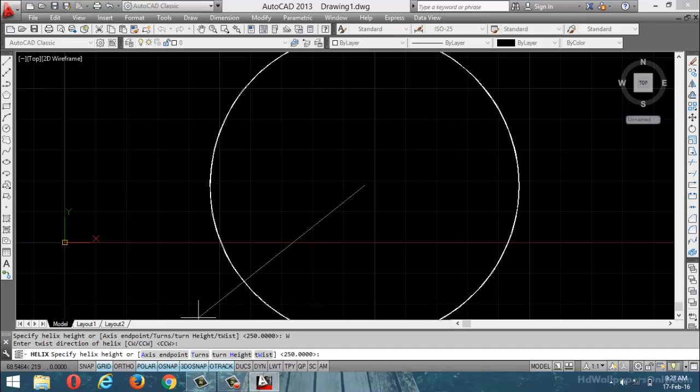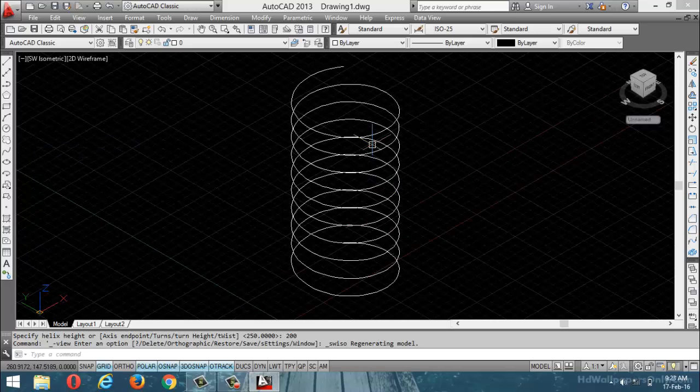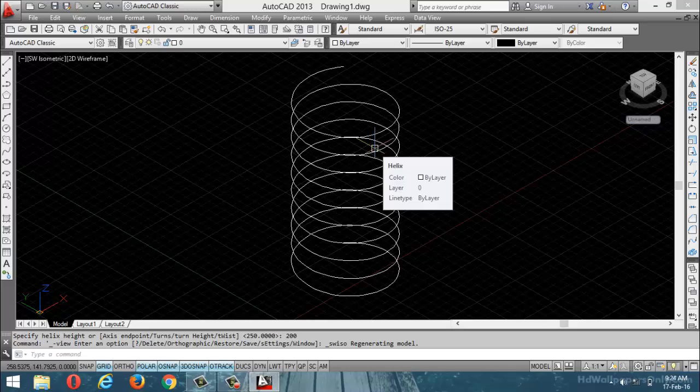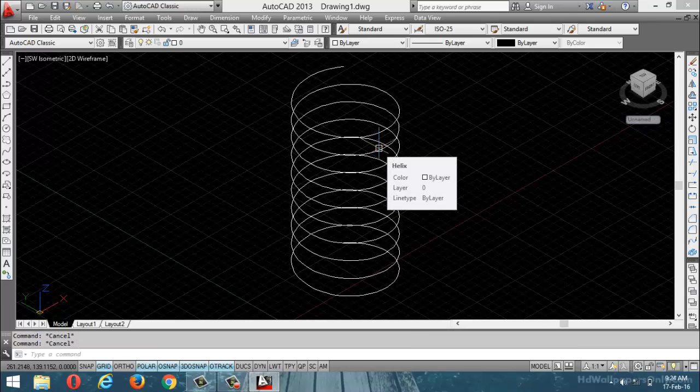Next one. Total height changes to 200. Now just change to 3D. What type of spring? Linear spring. Why? Because top radius 50, bottom radius 50, both are equal. Again you can design taper springs. For that purpose,